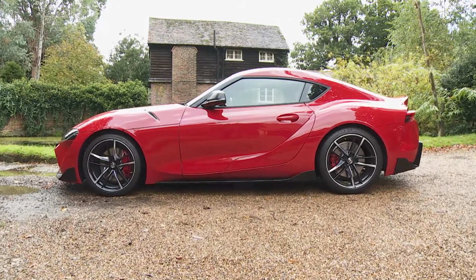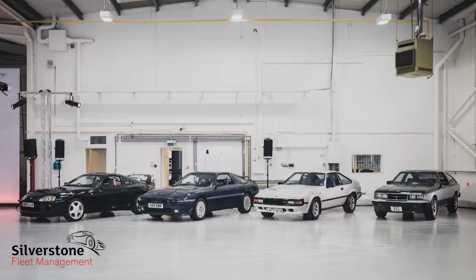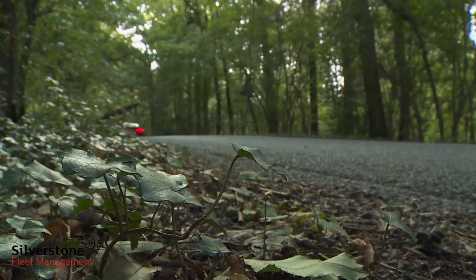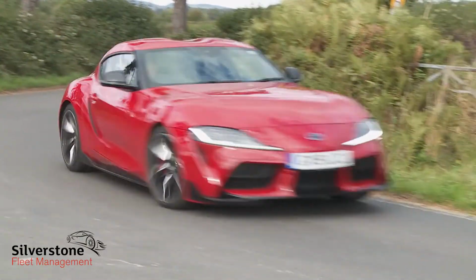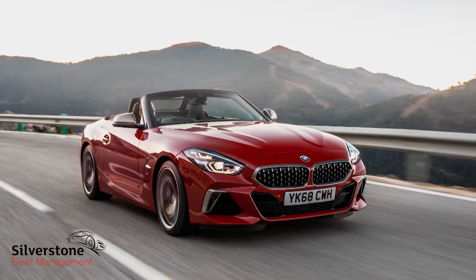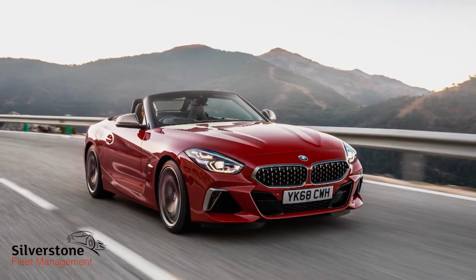Toyota's GR Supra revives a classic sports car formula with a bit of Teutonic help. It's fast, it makes a statement, and it's been developed by real enthusiasts. What's not to like? We've had, of course, endless media comparisons between this car and its BMW Z4 M40i development